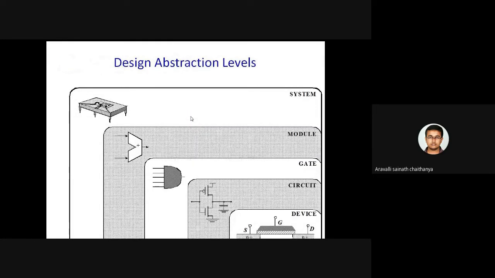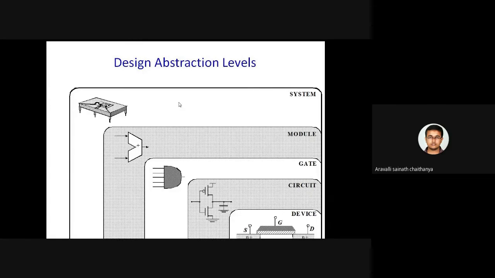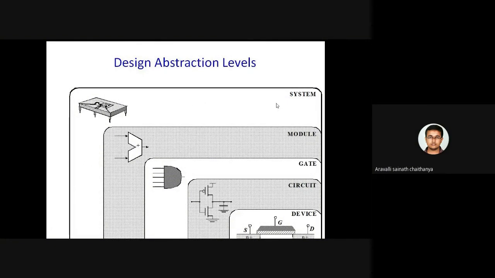So this is my design abstraction. If I want to develop a system called a mobile phone, what do I have inside it? I have a plenty of integrated circuits, which may be a processor, memory, RAM, counter, clock circuit, or some kind of controlling circuit, and camera IC, speaker, microphone. All these things again appear in the form of integrated circuits. Whenever these are associated together, we call them a system.